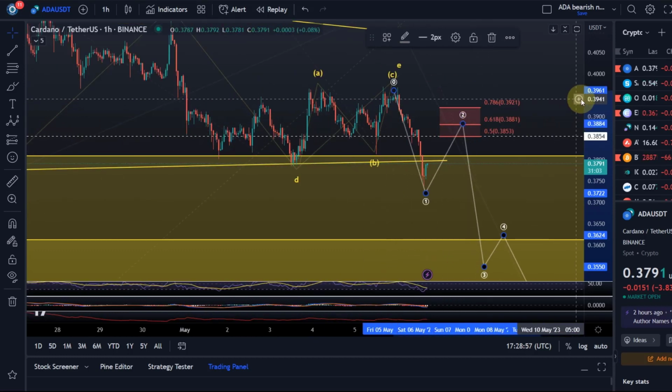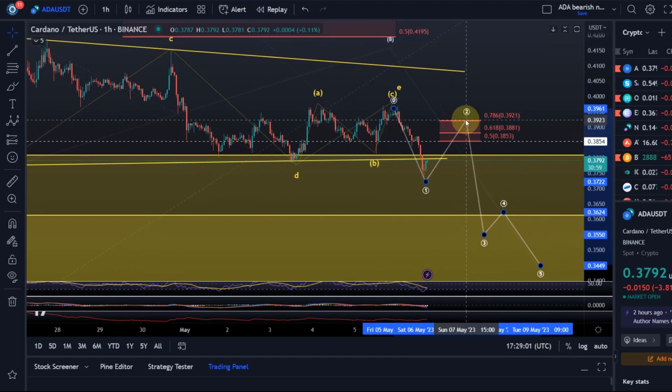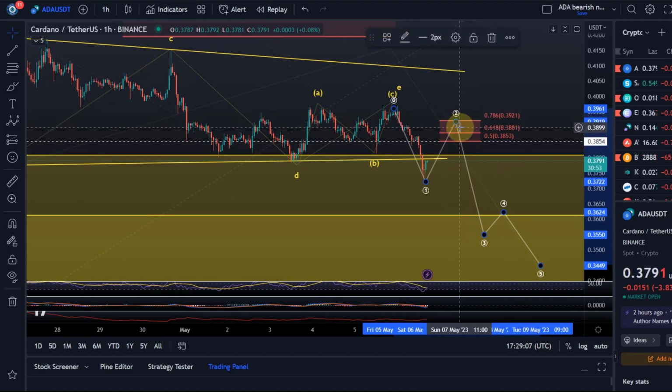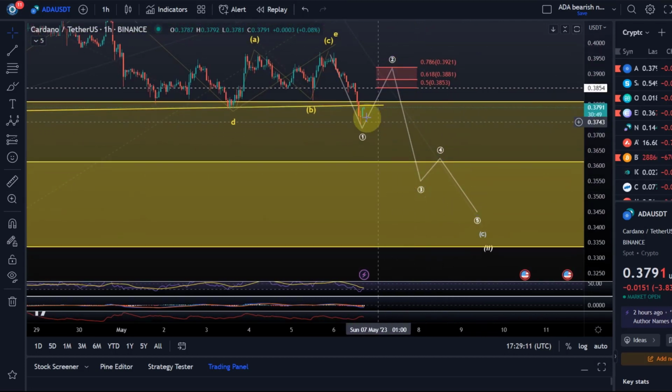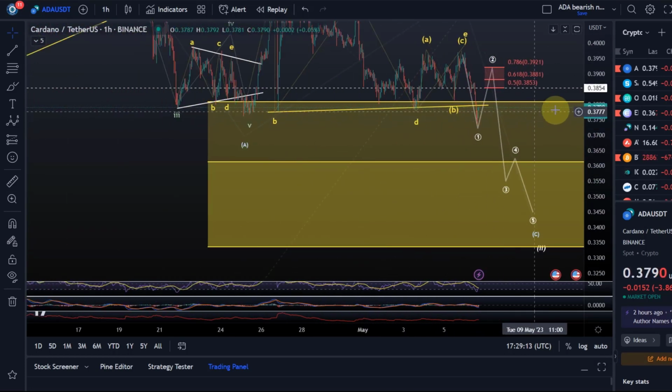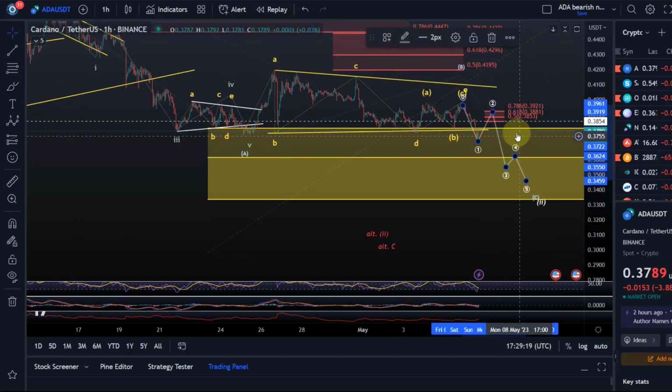If we get into this region, ideally we want a wave 2 not to go above 39.2, or it would most likely become something more bullish. But ideally we see a reaction somewhere here in this box, and then we could head down in a 3rd wave. The idea is now that price unfolds further to the downside in a 5-wave structure. Could be an ending diagonal, could be an impulse, and to complete this overall wave 2 correction.